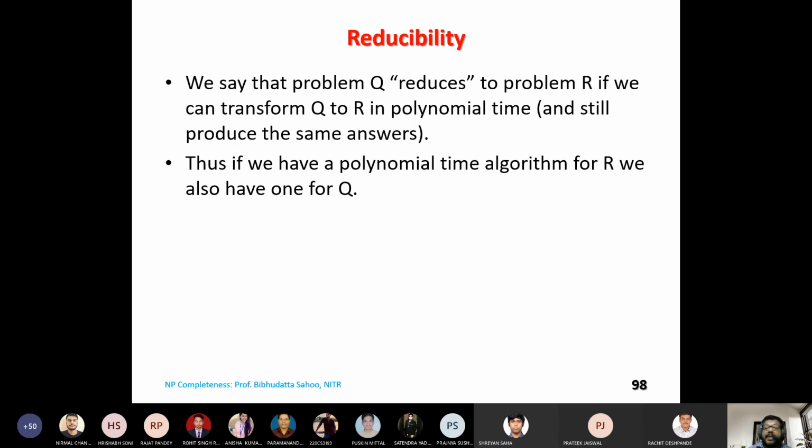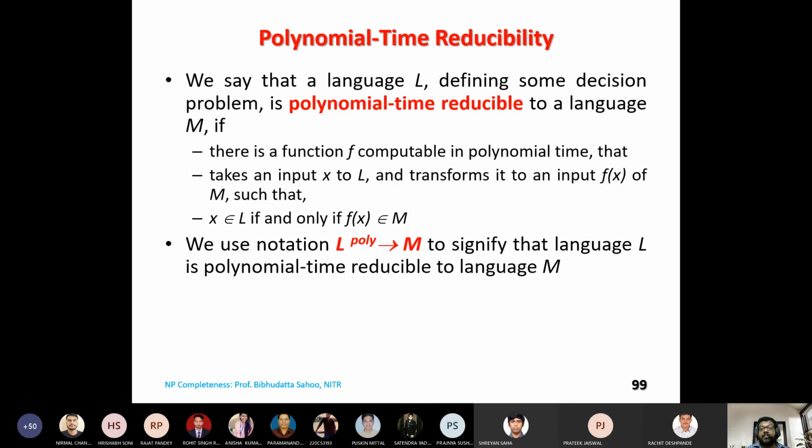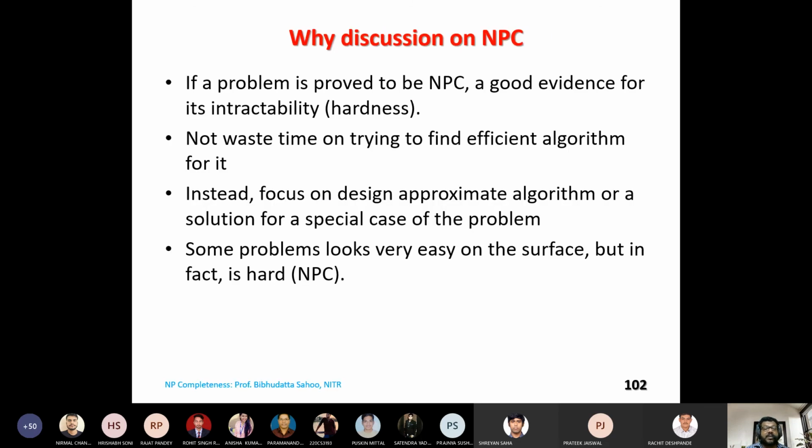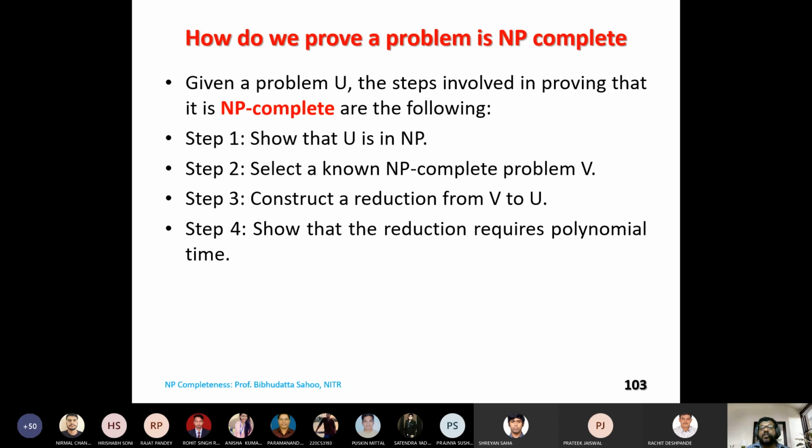Typically, the reducibility I was talking about is nothing but developing an algorithm which will transform a problem to another problem, and this transformation must complete in polynomial time. This word you remember: the transformation is nothing but an algorithm, or you can say a process, which completes in polynomial time. Many books use many definitions, but the simplified thing is this.